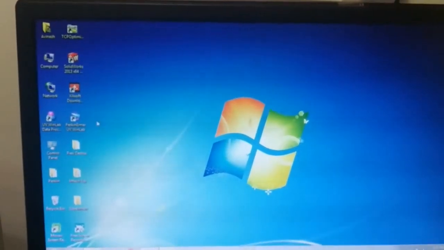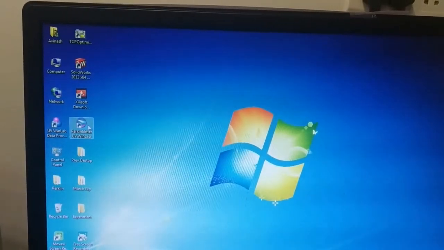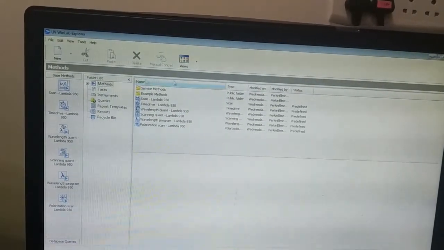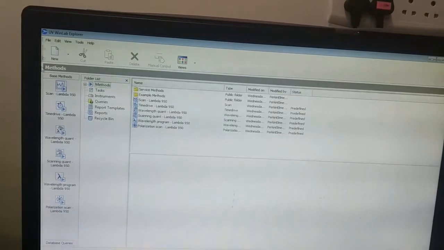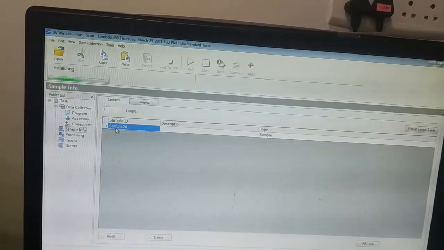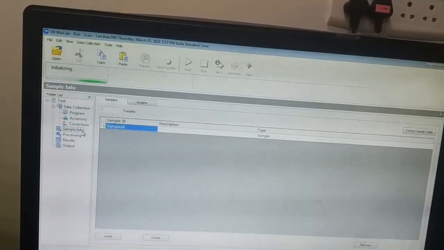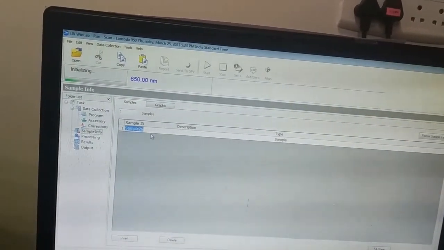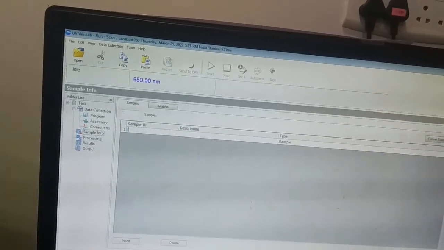And for doing the experiment, we first click on this Perkin-Elmer UV WinLab software, then press OK, then press scan lambda 950. Then here in the sample info part, write the name of the sample, which is fused silica.